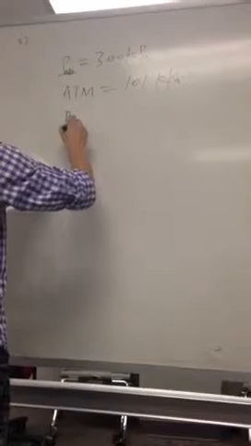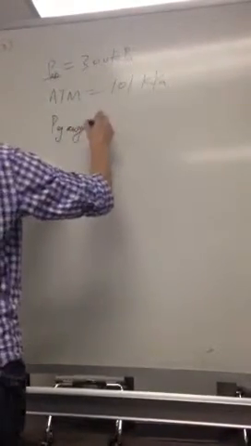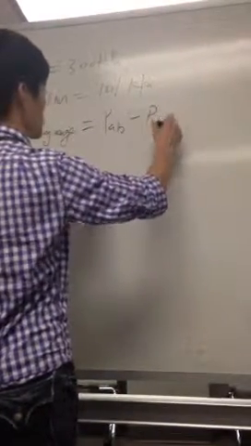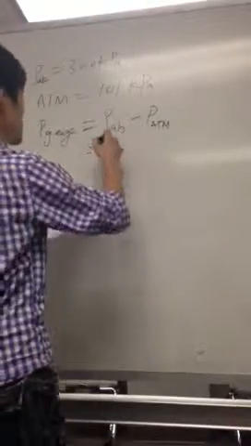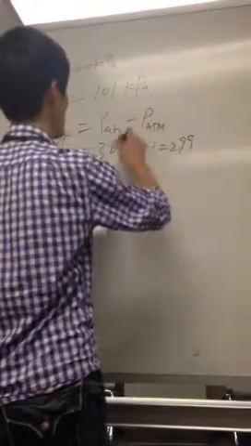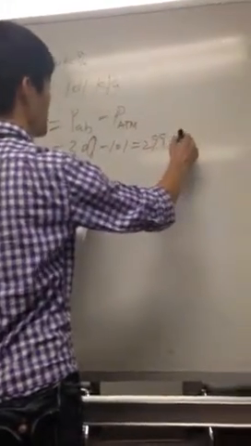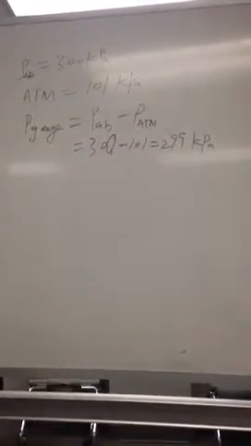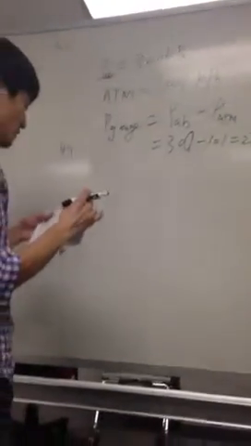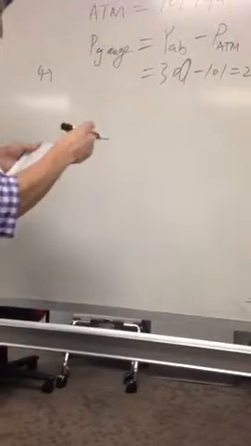So if that's the absolute, the gauge should be absolute minus the standard atmosphere pressure, which would be 299. Okay, so this one you understand? Number 3. And then number 4, what is the absolute pressure at a location 15 meters below the surface of the